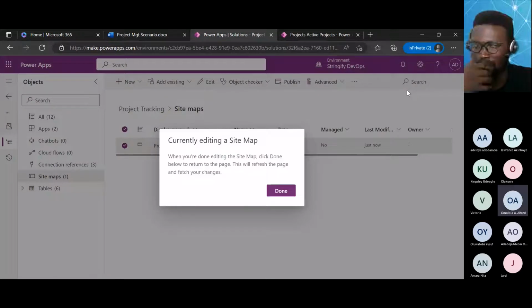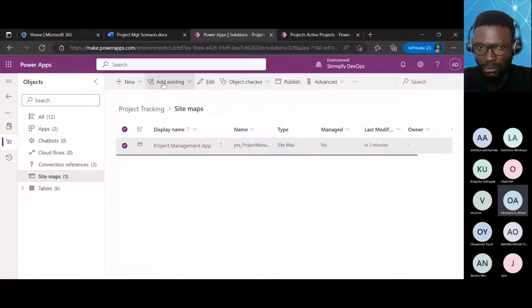Okay, save and close. Done. So what I want to do now is just close this. Okay, one minute. Yes, so what I'm going to do now is go to my app again,